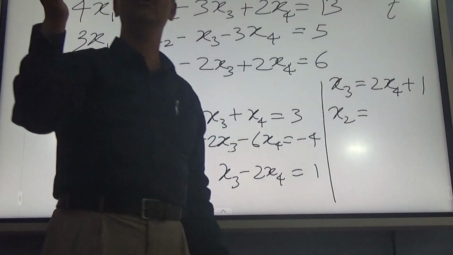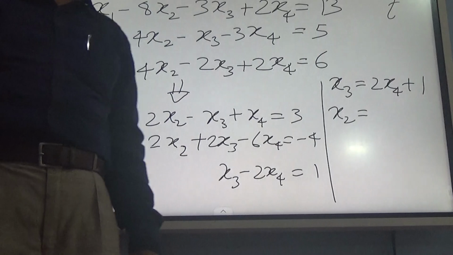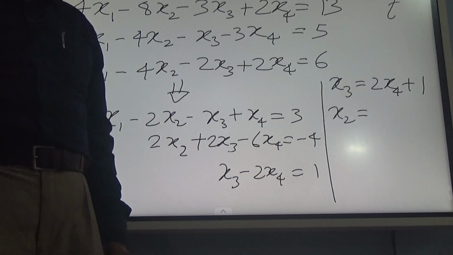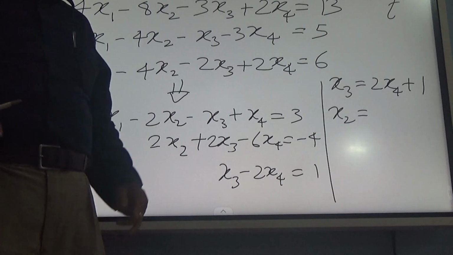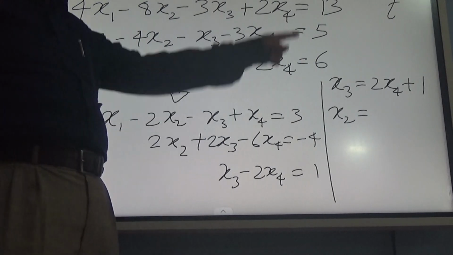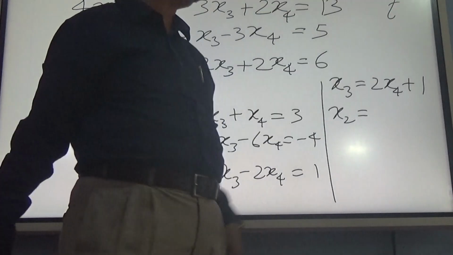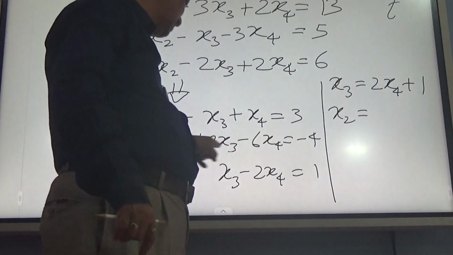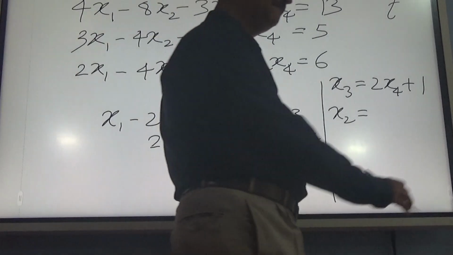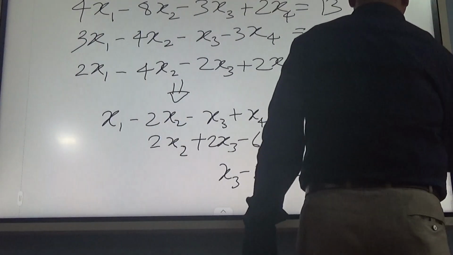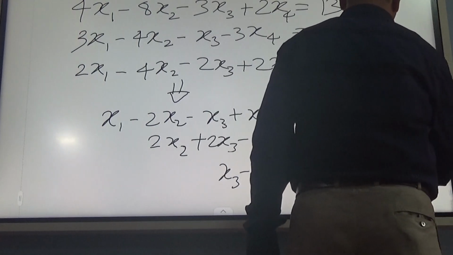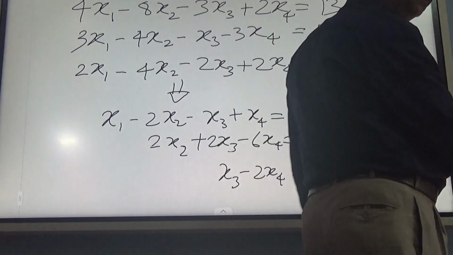In the earlier case, when the number of equations and unknowns were the same and they were consistent, you were getting a unique solution. Now you get a variable solution; you keep one free variable x4 and put that as t in the final solution. By putting x3 equal to 2x4 plus 1, you get everything in terms of x4, x2 as x4 minus 3, and x1 as